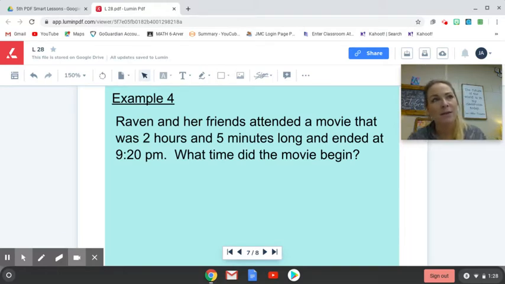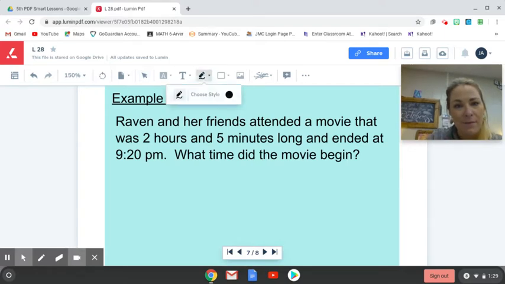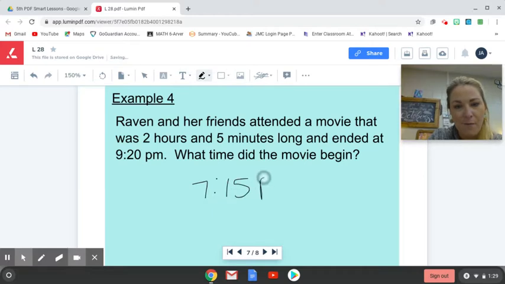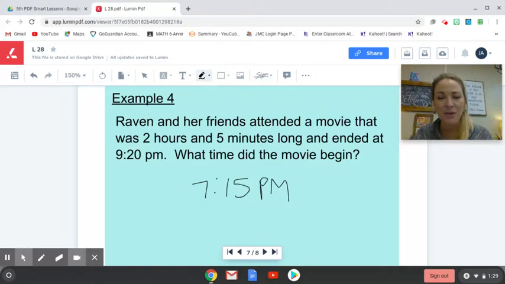I know that the movie was 2 hours and 5 minutes long, but if I take 9:20 p.m. and back it up 2 hours, I know that now I'm at 7:20 p.m. And then the movie wasn't just 2 hours, it was 2 hours and 5 minutes. So now I have to back up 5 more minutes. So instead of being at 7:20 p.m., I'm at 7:15 p.m. And that's what time the movie started, 7:15 p.m. In dealing with any problems about time, AM and PM, those are your label, and it's really important